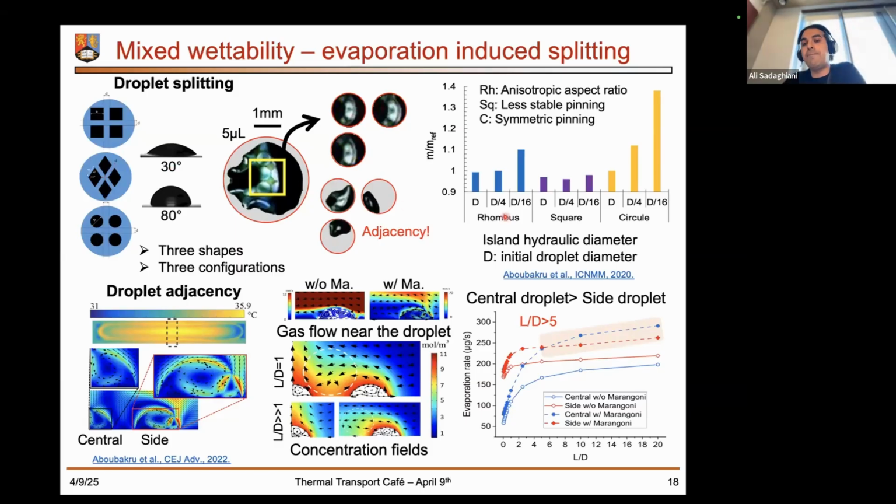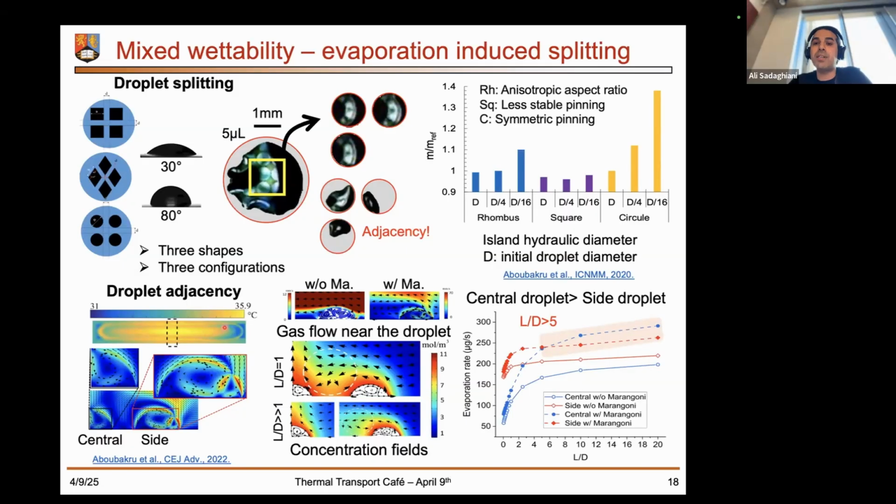And in rhombic geometries, what we observe is splitting only at the smaller diameters or at the smaller islands. And there is also a difference in the aspect ratio of the split droplets, which basically results in the enhancement in evaporation rate. Now, one of the interesting things about the adjacency